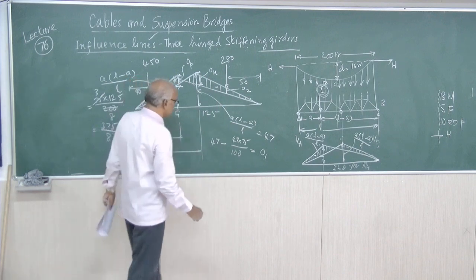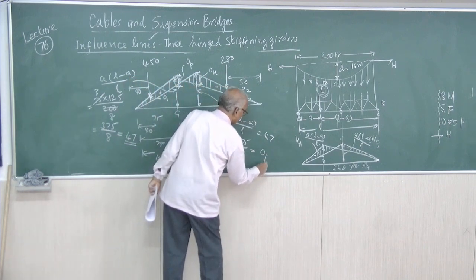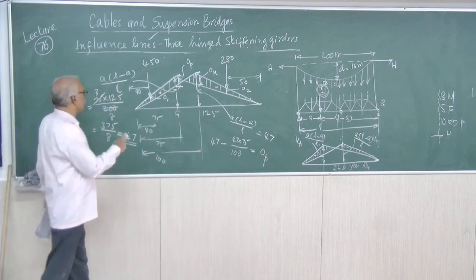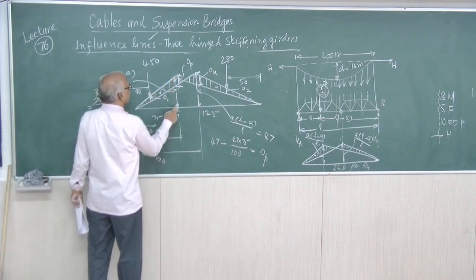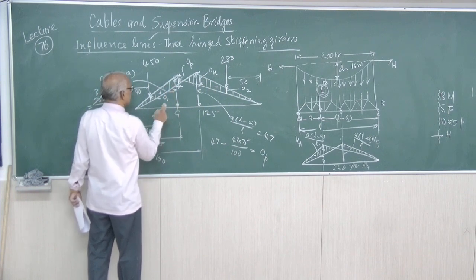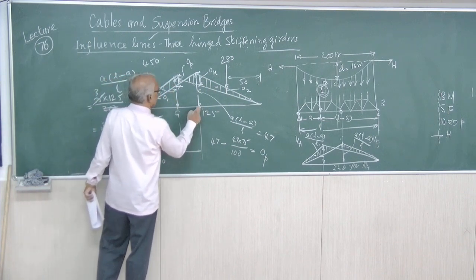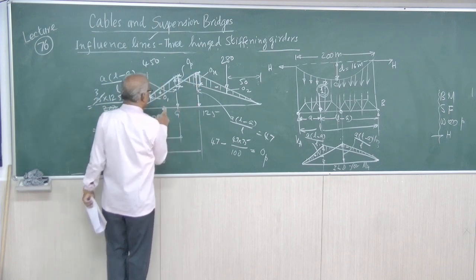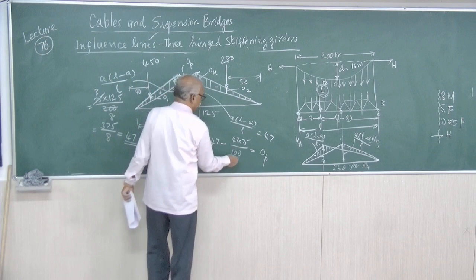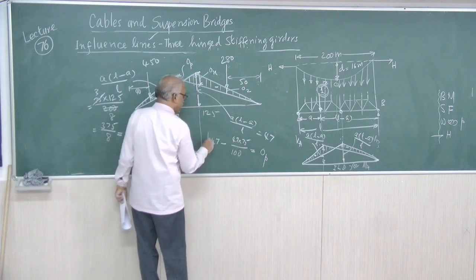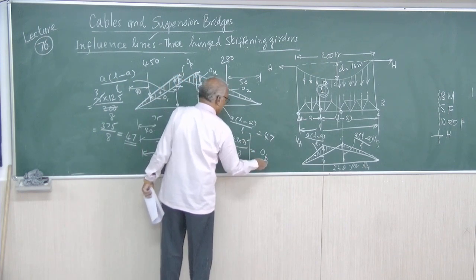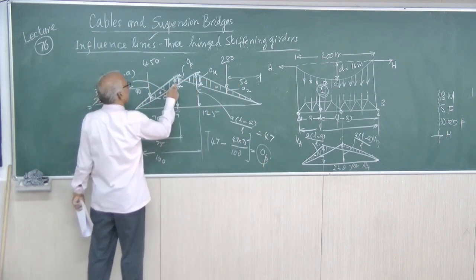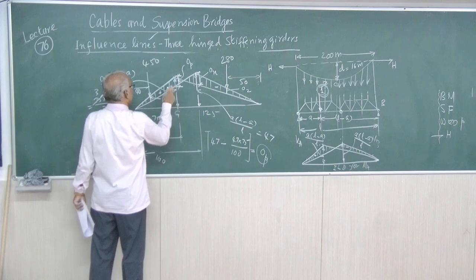So this is O positive. O positive equals 47 minus this. 47 is the total ordinate here. Minus this means for 100, if it is 47, what is the value for 75? So that will give you the positive ordinate. If this positive ordinate is known, we can find out O1.